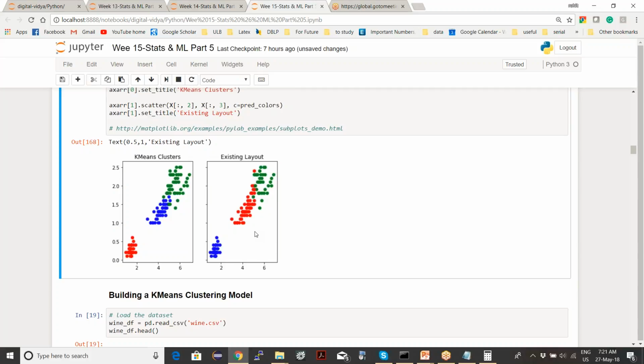Almost everything else is good. And all these errors are also extreme cases. Like this one, though it is so close to the green points, it's actually red in the existing. So it's a special case of this species, which though has similar features.